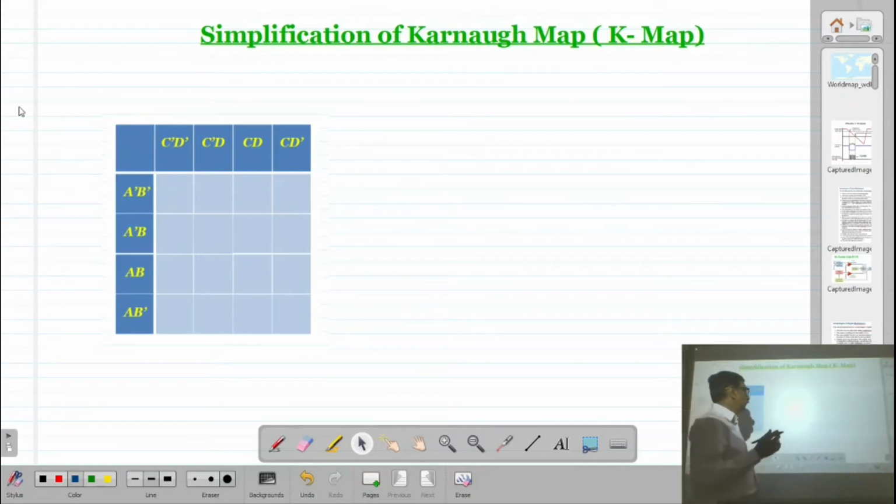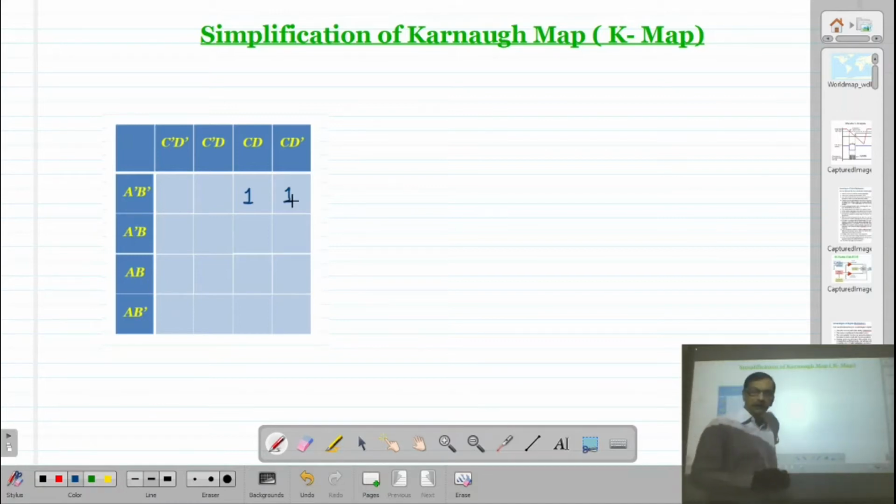Correct? So first of all, let us say now here I have represented a 4 variable Karnaugh map, and already I have given information about the 4 variable Karnaugh map in a previous lecture, how to fill up the Karnaugh map, how to prepare the Karnaugh map. Okay, now let us say that in this Karnaugh map, I have a high level in this position as well as a high level in this position, and in the rest of the positions it is 0.